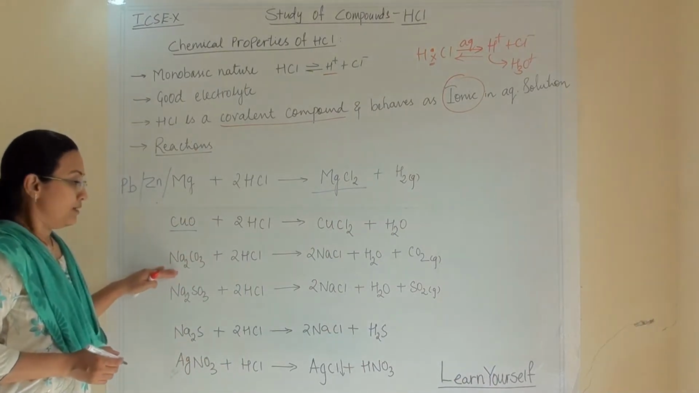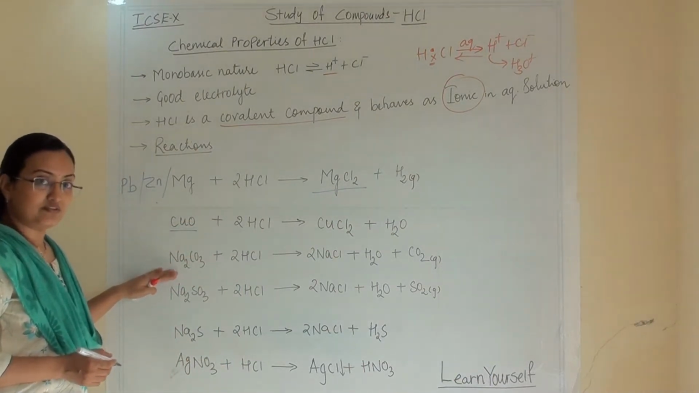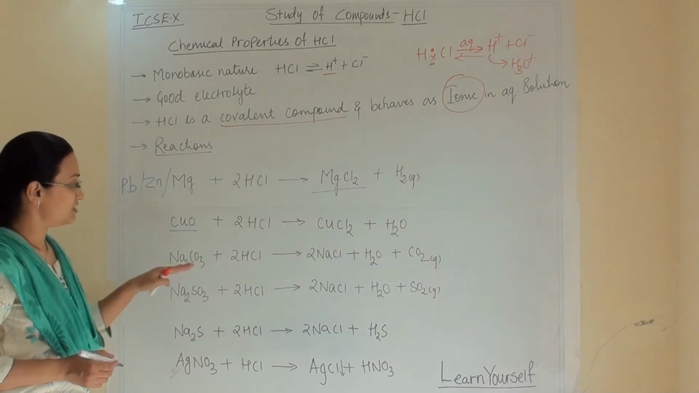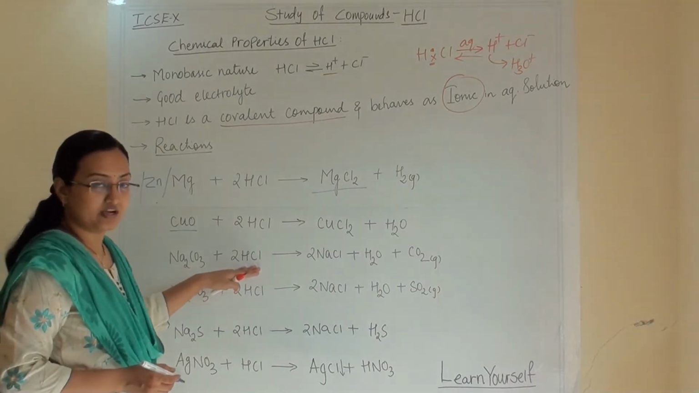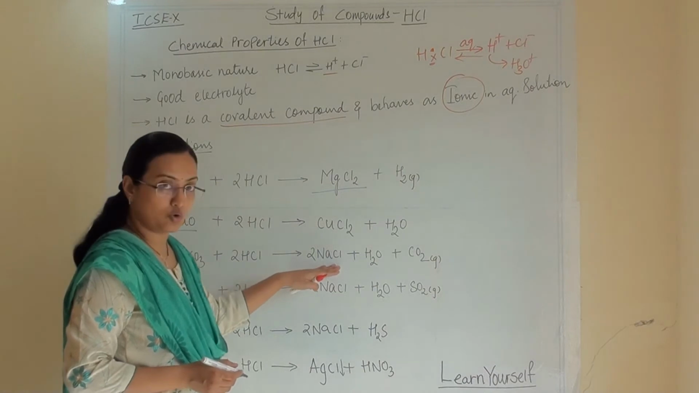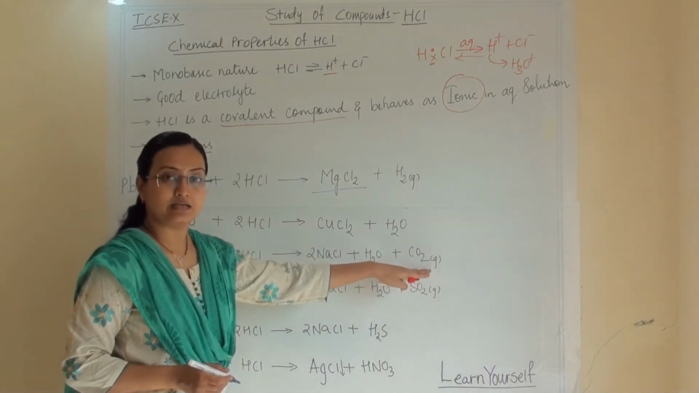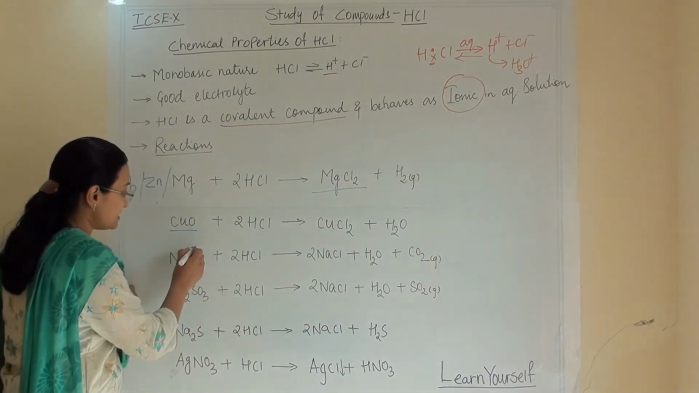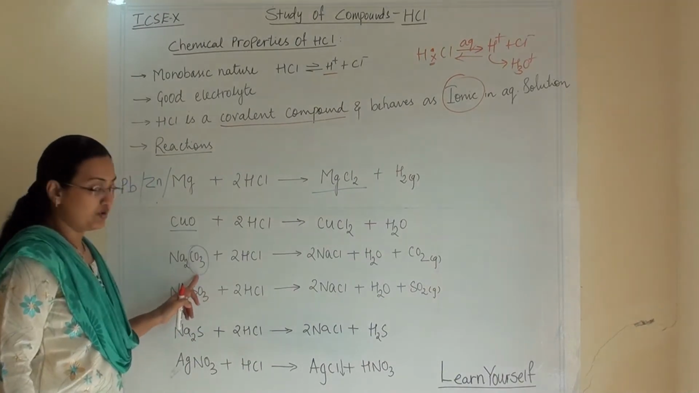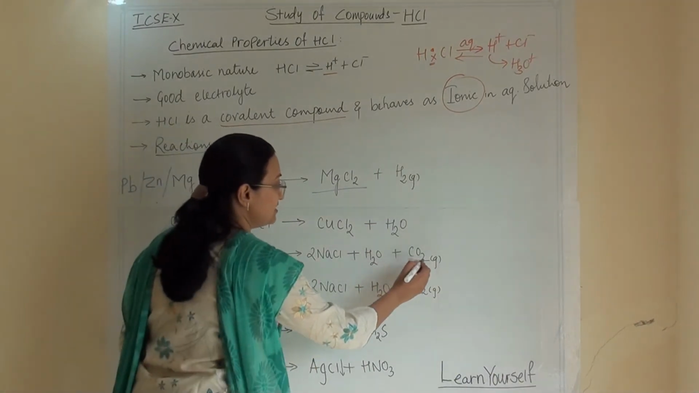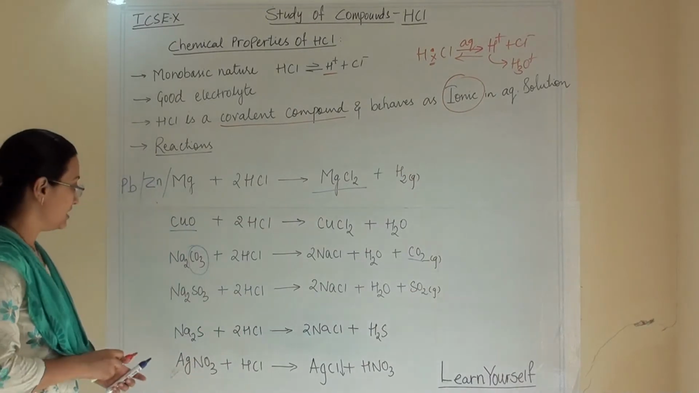Then metallic carbonate. Here we have taken sodium carbonate. When it is reacting with hydrochloric acid, it gives us salt, water and carbon dioxide. Because it is carbonate, we are getting carbon dioxide here. But if